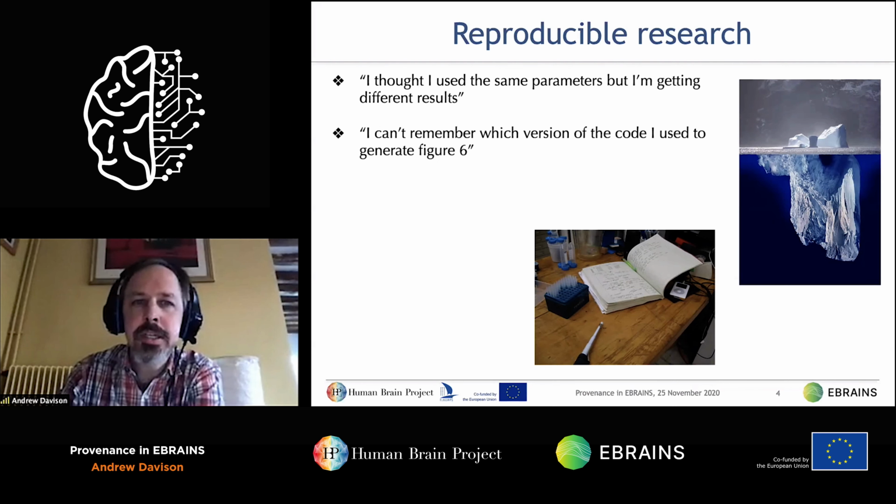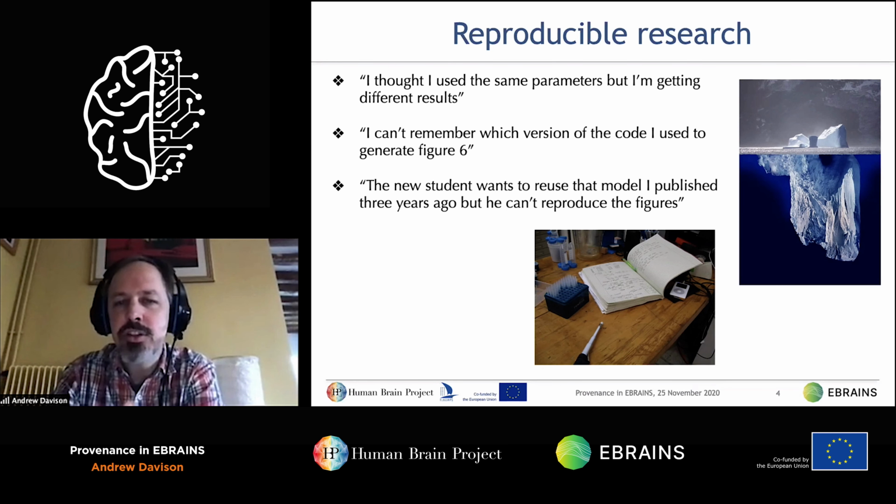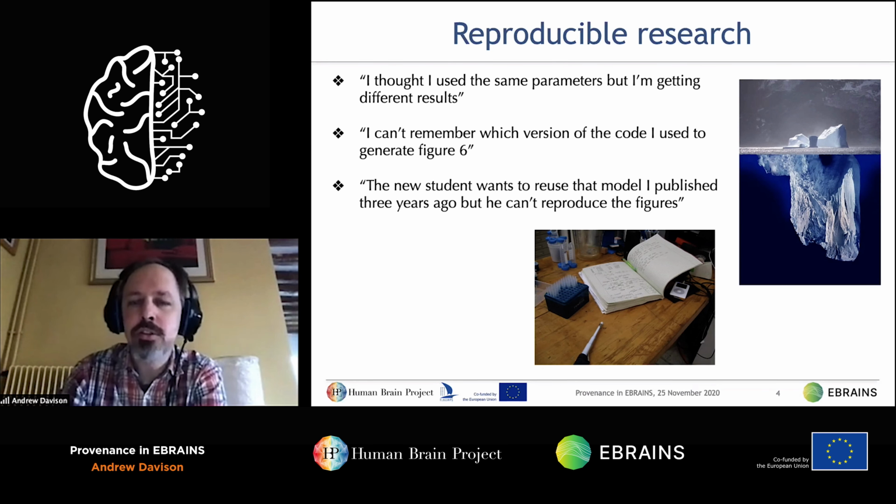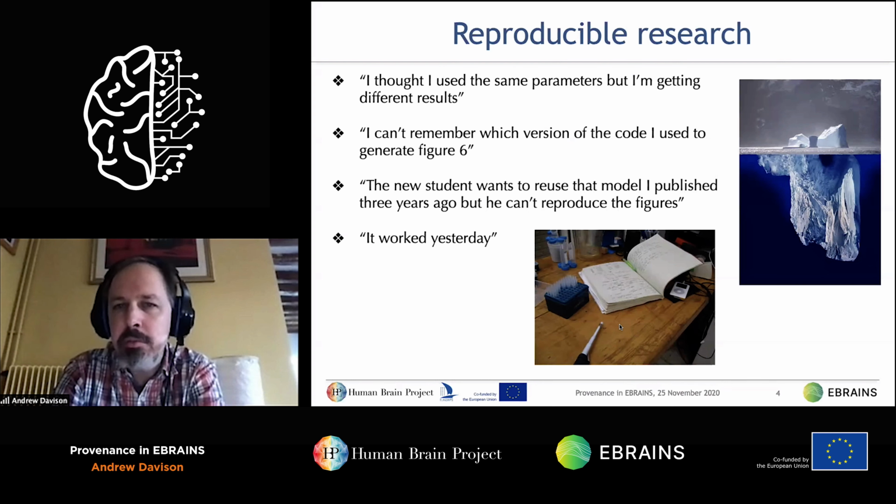Or similar stories. If it's not just yourself, but new people come into the lab and want to build on your work, and sometimes just things fail from one day to the next. Now, historically, the way to deal with this situation is that everything that you do in a scientific experiment is carefully noted down in your lab notebook. And this is still a very valuable tool. However, the problem with computational